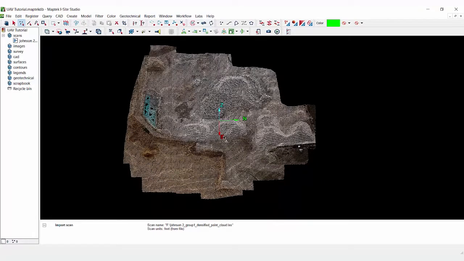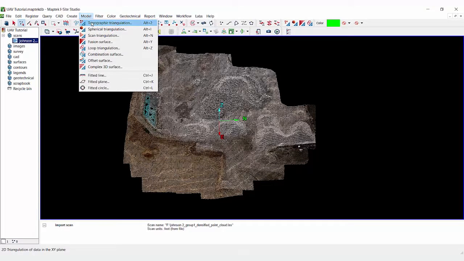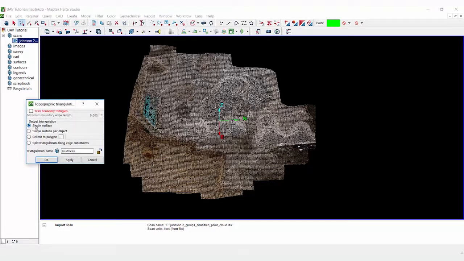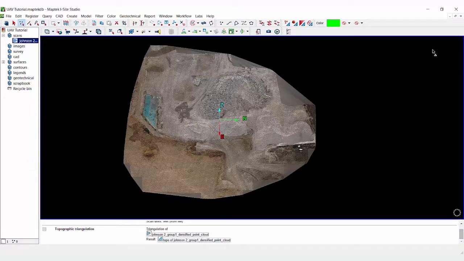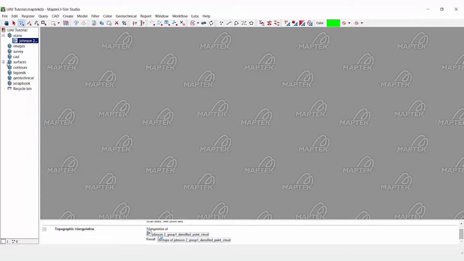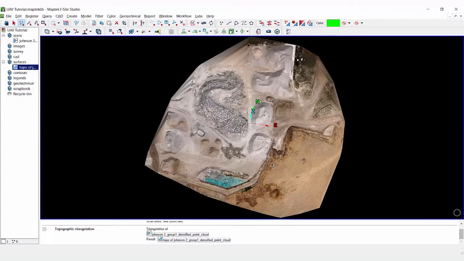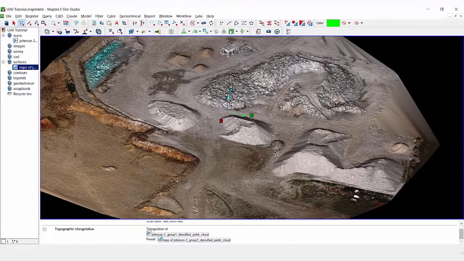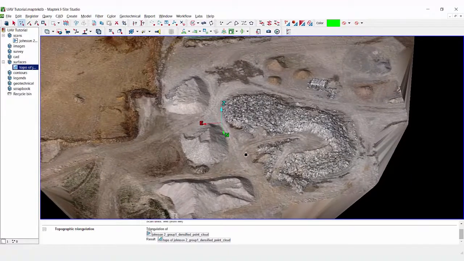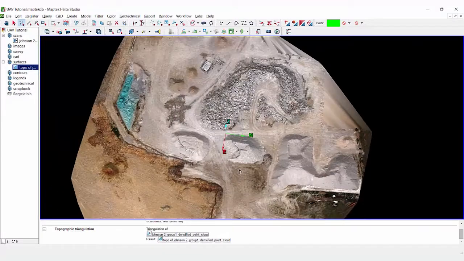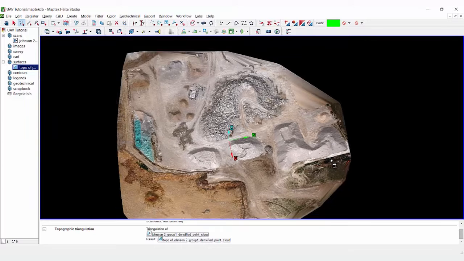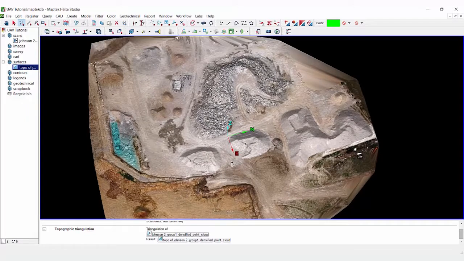Next thing we'll do is go up to Model, then Topographic, and we'll do a single surface. I'll hit OK. Close this viewer out and grab the surface in our surfaces container. So now we have a triangulation of that point cloud. If I want to grab some volumes from a couple of these piles,